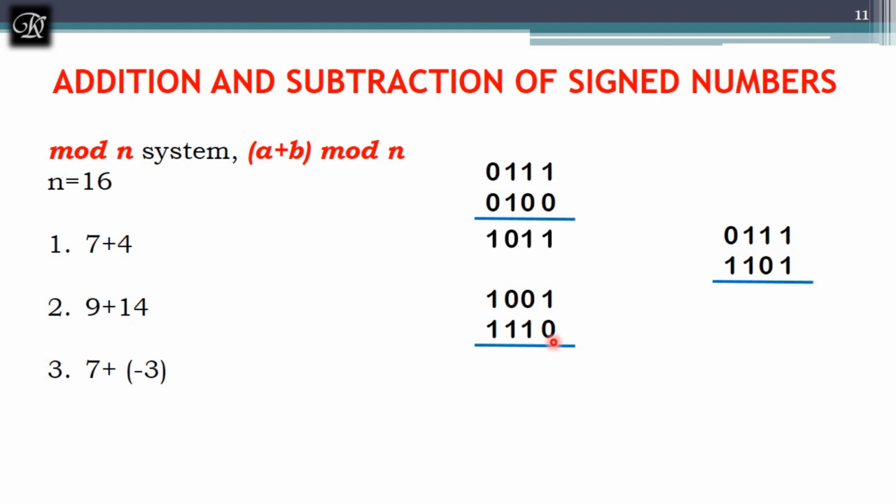As I said in the beginning, if you have an even number, then the last bit B0 will be 0. If you have an odd number, B0 will be 1. Let's add this. 1 and 0 will be 1. 1 and 0 and 1 will be 1. 0 and 1 will be 1. And 1 and 1 will be 0, and the carry will be 1. So here I have exceeded the given limit. So now what I have to do is take a mod with 16.